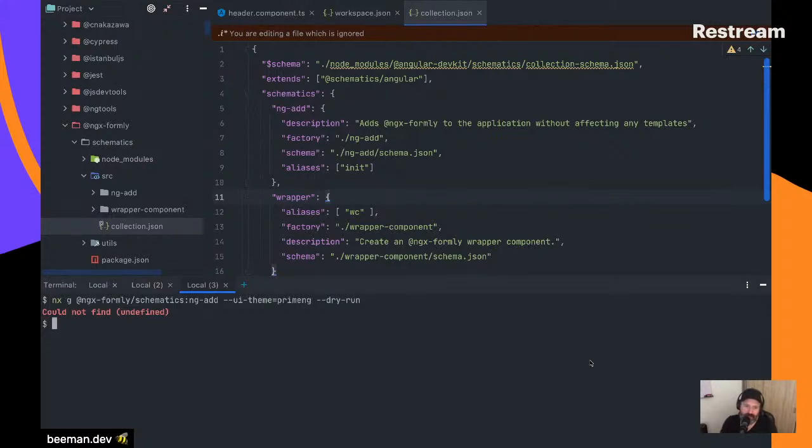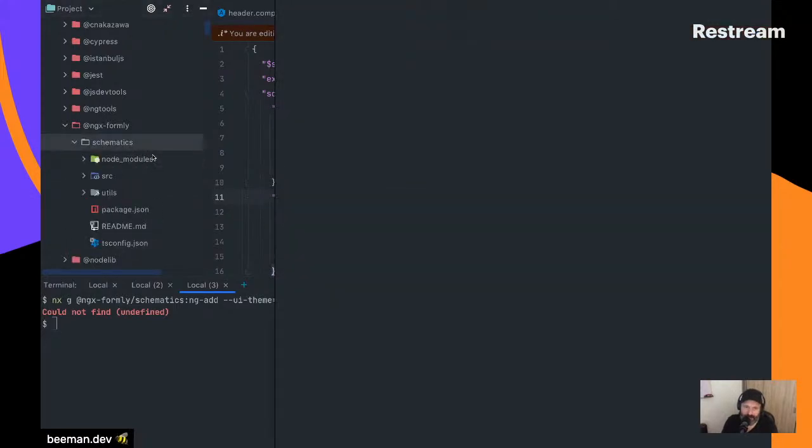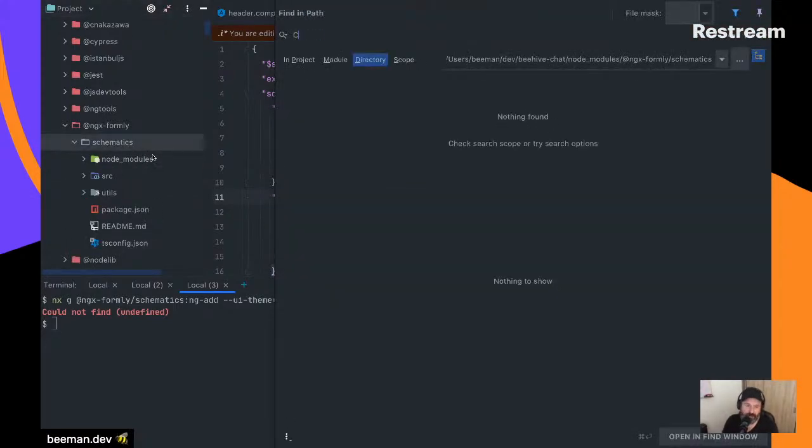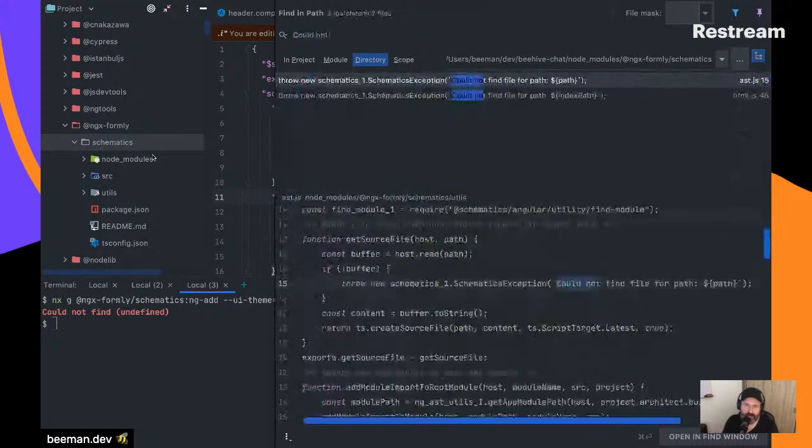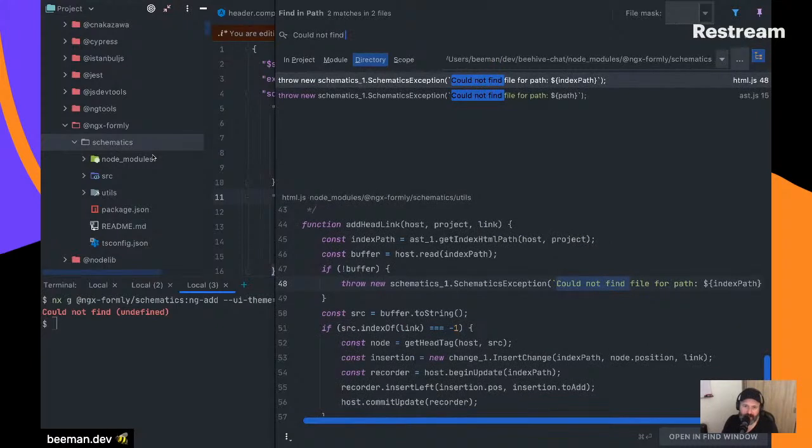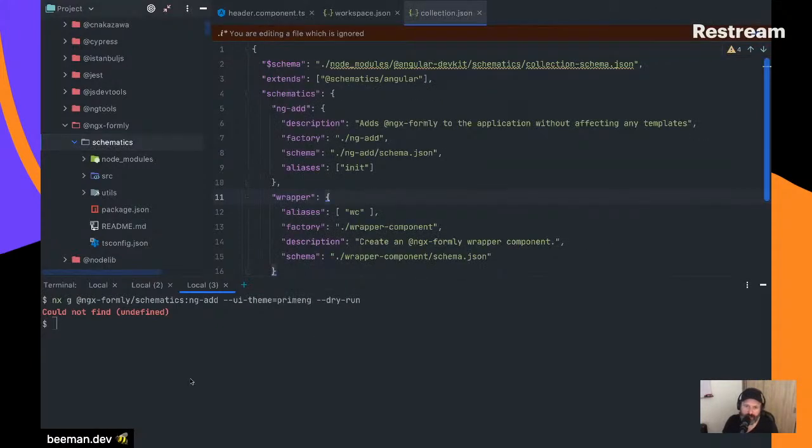So what it says right now is it cannot find undefined, and yeah, sure, I would have a hard time finding undefined. So let's quickly check. It doesn't seem to be coming from NGX formally. Now, the reason I think this happens is that we don't have an angular.json. That just doesn't exist because it's an NX workspace with the NX CLI. So what we can do,